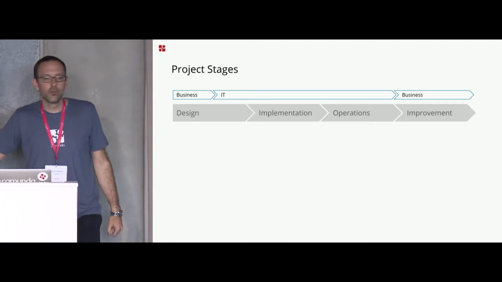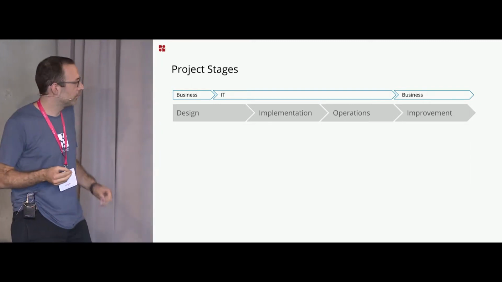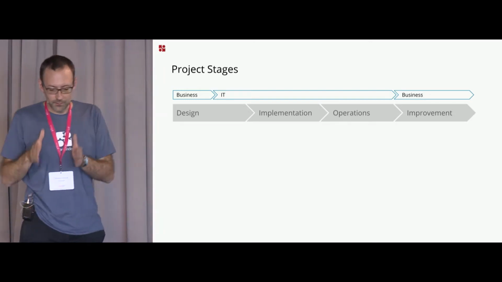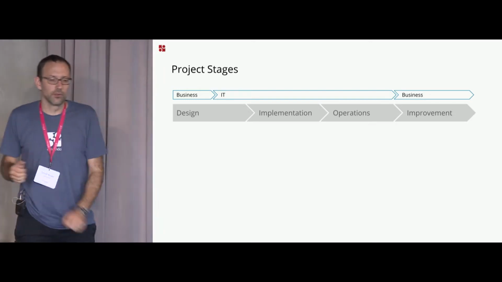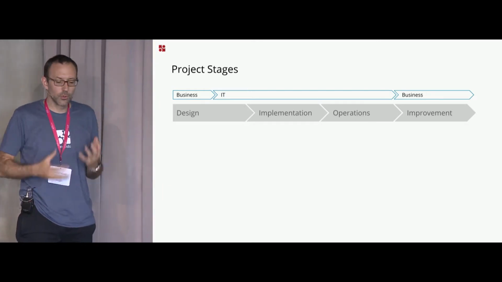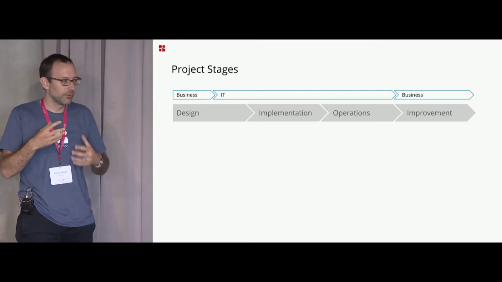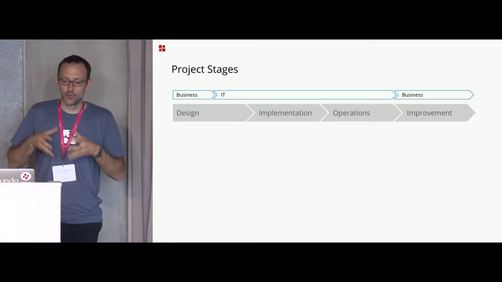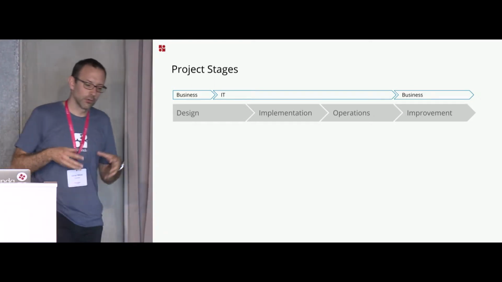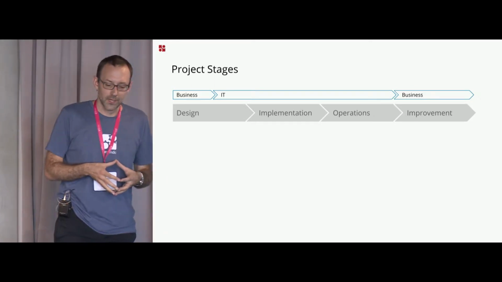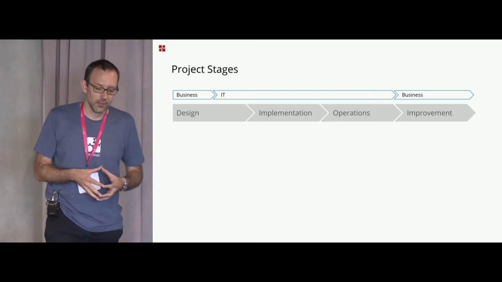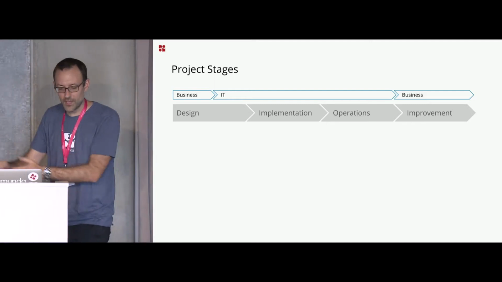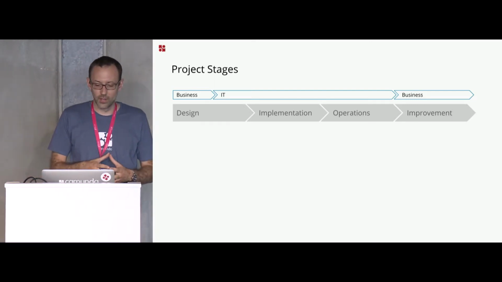So when we look into these projects a little bit more in detail, we see that often, of course, we're agile, so we're going to repeat these phases, but we're going to go through these phases in a way. So initially, maybe when we do a project like that, we're going to do a design phase where business and IT come together, where we're going to figure out what are our requirements, what's this process going to look like. We need to look at our IT infrastructure to get a sense of what are the systems that we have, where is the data, what data does need to be involved, how can we access it, and so on. And then together we will design this process.